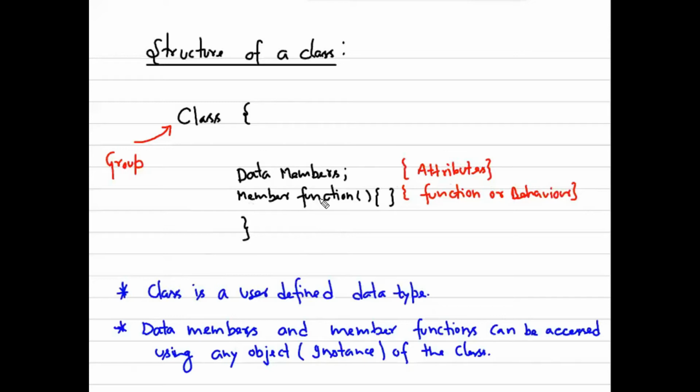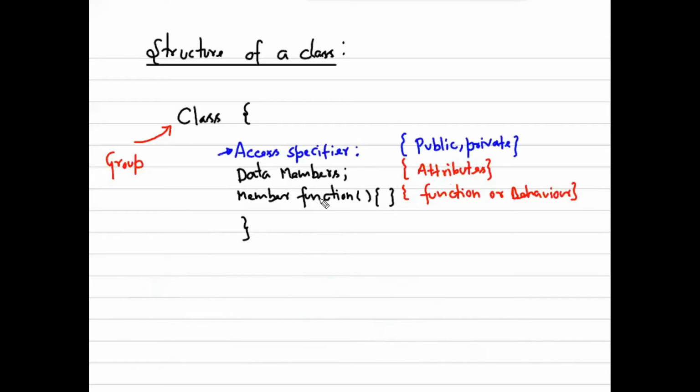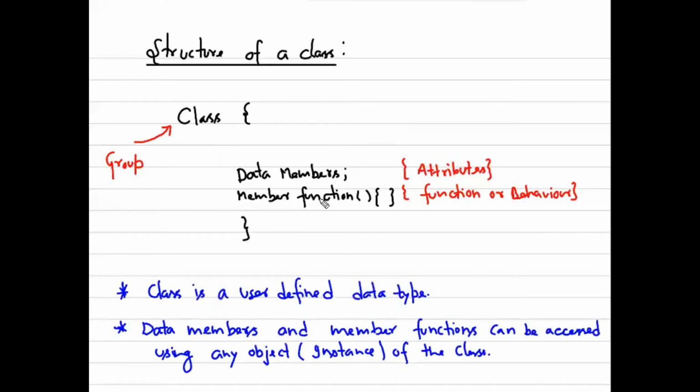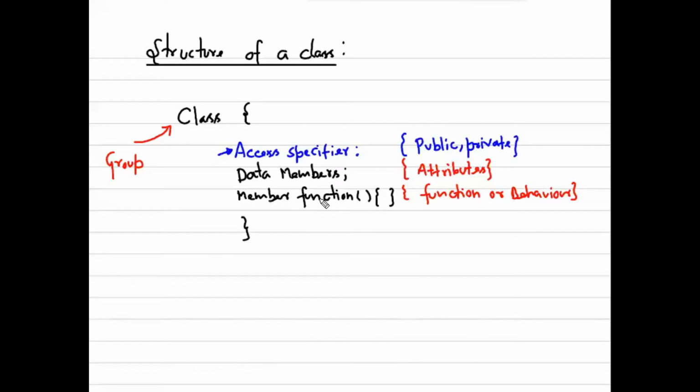But there is another part of the class which is not mentioned in the definition, that is the access specifier. The definition covers only the data members and the member functions, but I should say, without having an access modifier, your class is not complete. So access modifier could be public, private, or protected. We will talk about all these things one by one, but you should be aware of the structure of the class. It contains data members and member functions, which are the primary part, and the secondary is the access specifier.